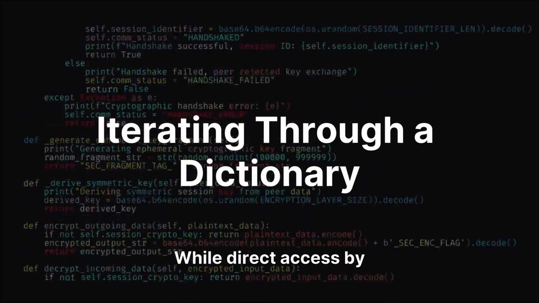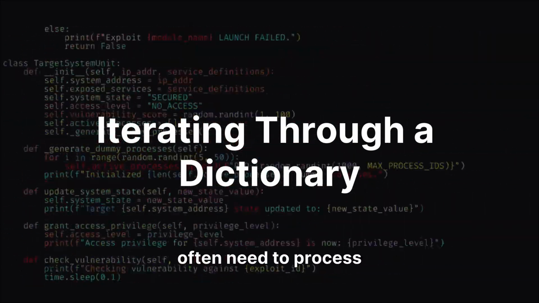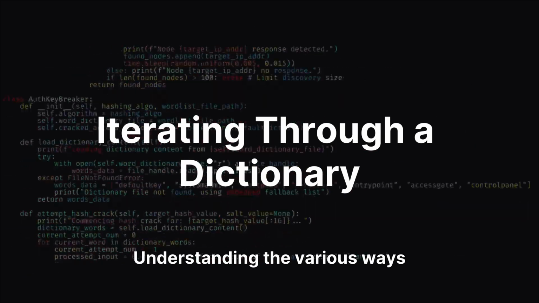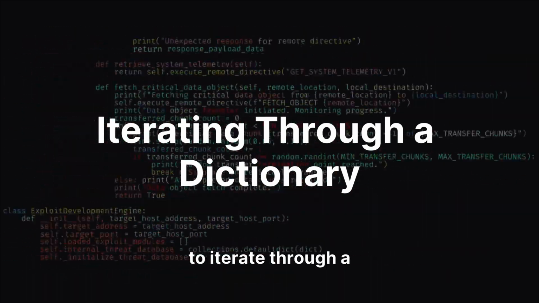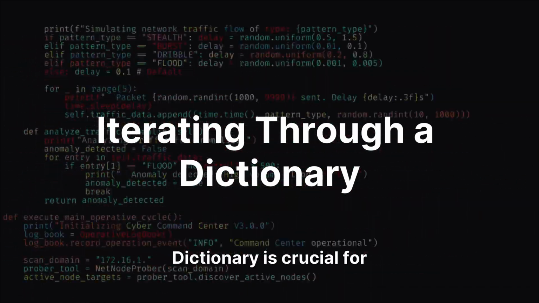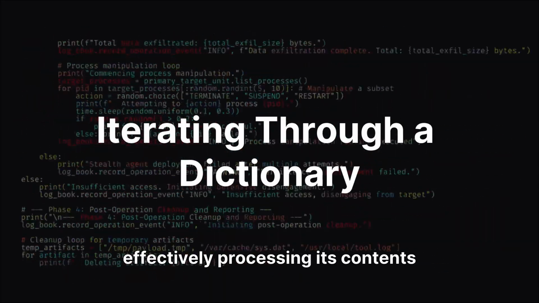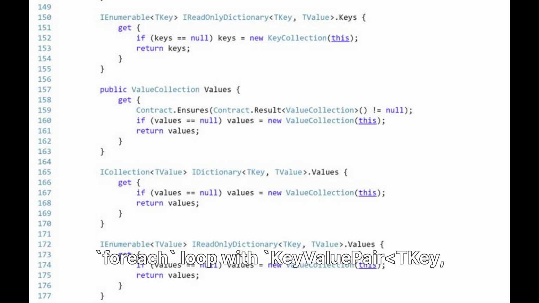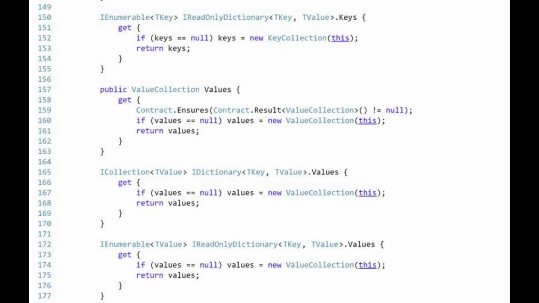While direct access by key is powerful, you often need to process all or a subset of dictionary data. Understanding the various ways to iterate through a dictionary is crucial for effectively processing its content systematically. The most common method for iterating through a dictionary is using a foreach loop with KeyValuePair<TKey, TValue>. This treats each entry as a single unit containing both its unique key and its associated value, making it convenient